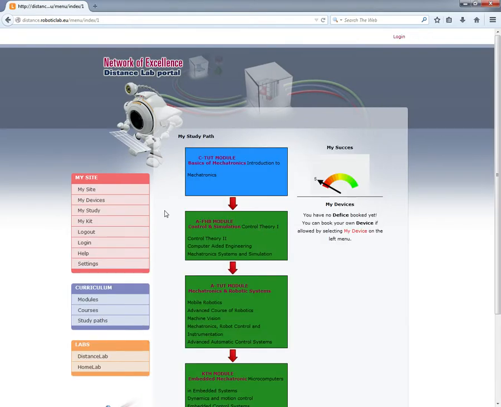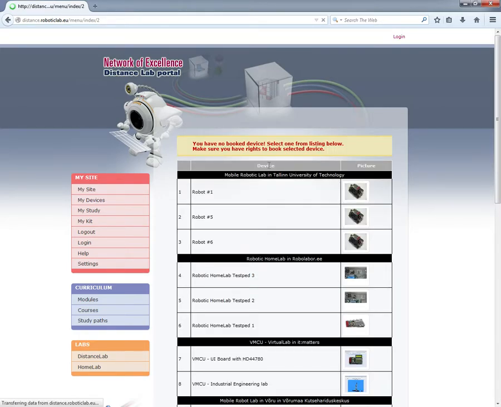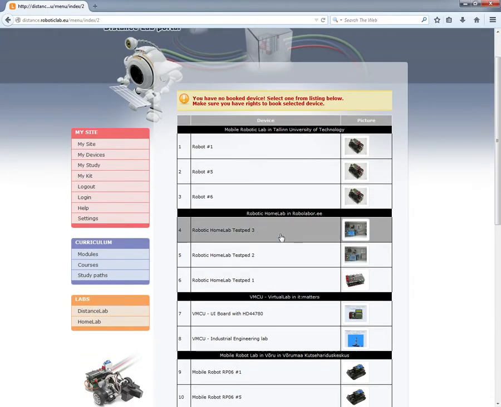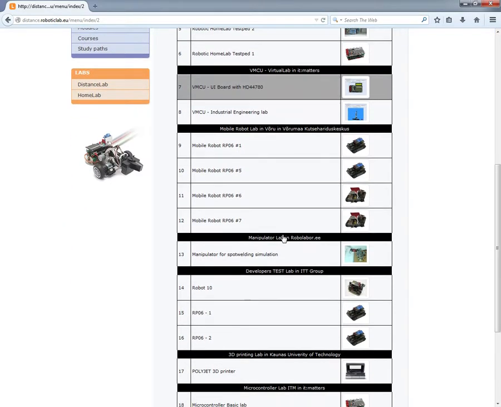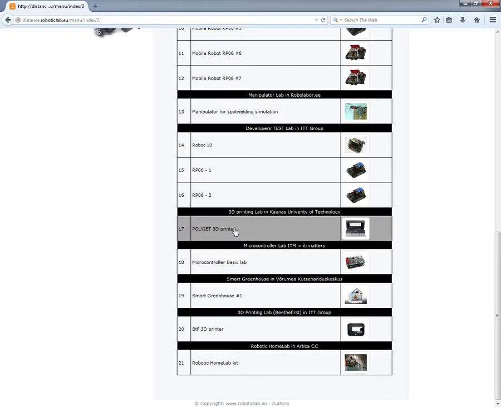After first login, you don't have any device booked to you. So you can select My Device. However, there is no device booked. Then you have to find the suitable device that you want to use later. In this example, we are using a 3D printer from Kaunas University of Technology. So we select this particular device from the Kaunas University of Technology lab,